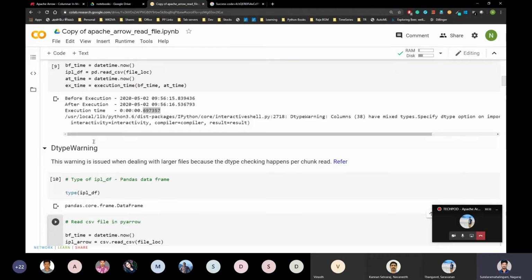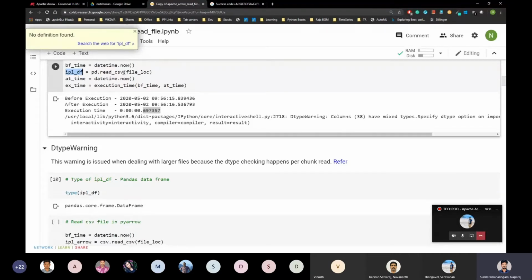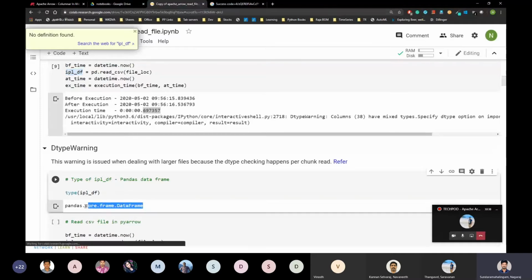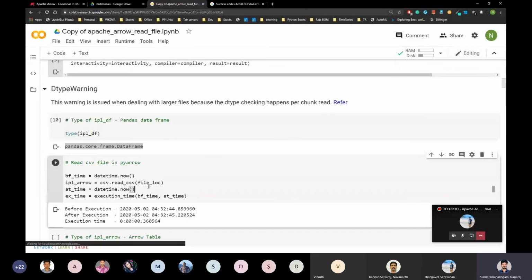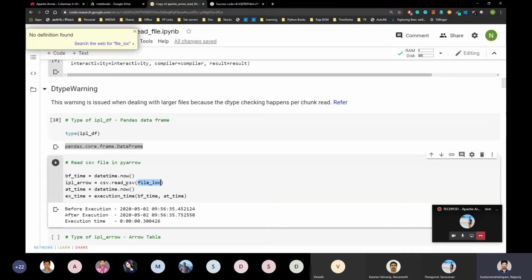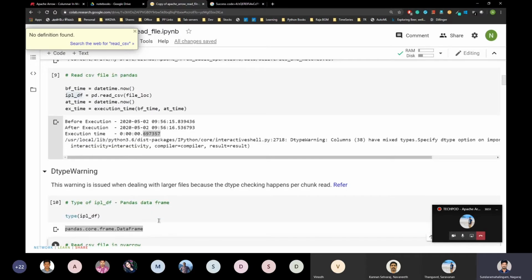The type of the variable where I stored all the content of the CSV is a pandas data frame. Now I read the same file using Apache Arrow, before and after. It takes 300 milliseconds, so typically half of the time.